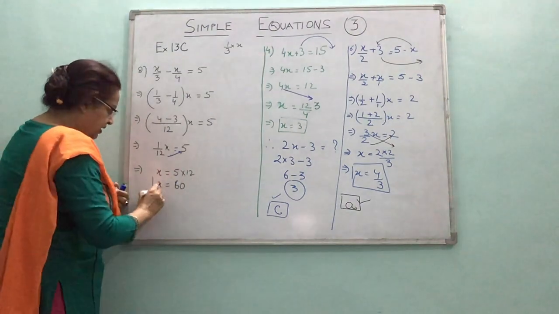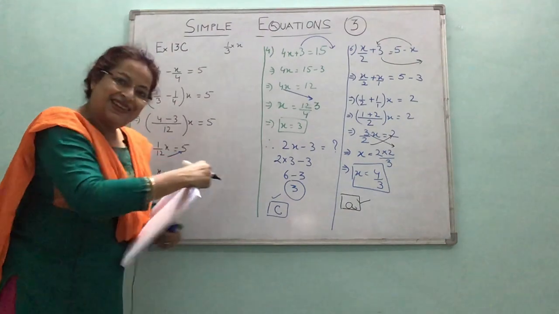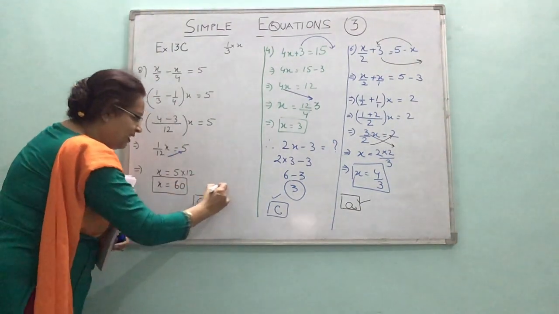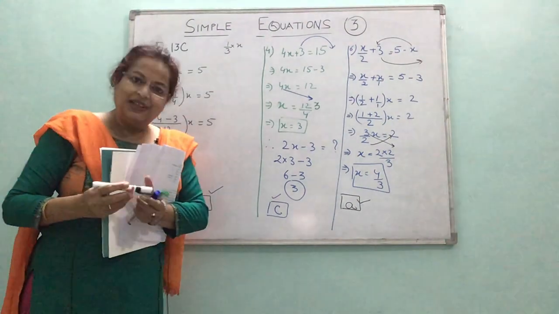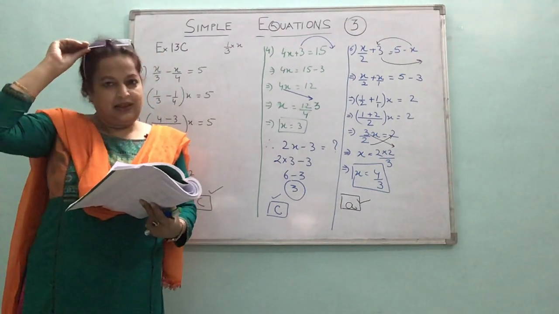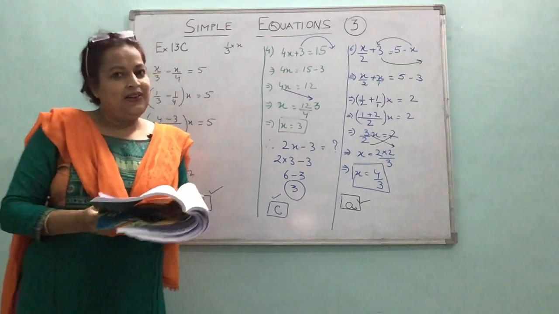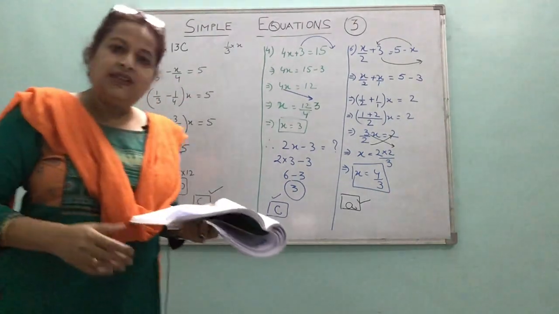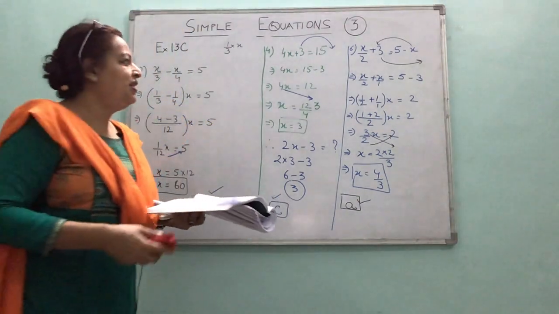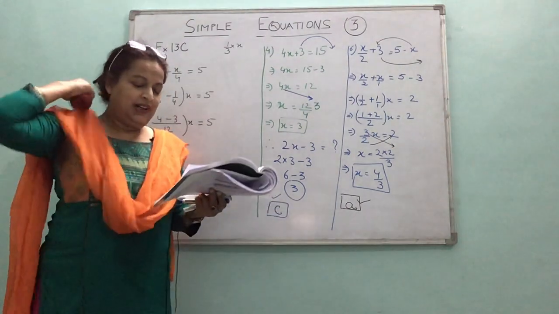Right. Now let's see which is the correct option according to my question. C is the correct option. So which is the correct option, children? C is the correct option. Right? So I hope you are understanding. See children, you can see the video once again. Pause it, go back and see again. All these methods, wherever I am explaining, till the concept is clear, do not proceed ahead with further questions, because these things are repeated further and further, right?